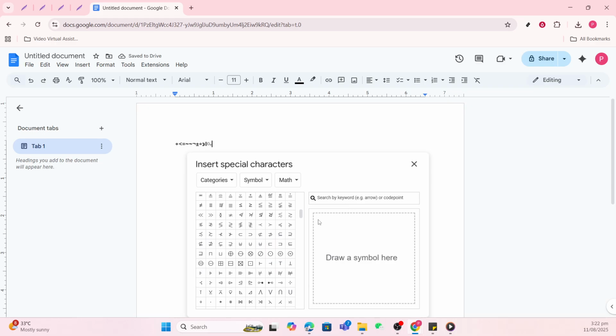With these simple steps, you've learned how to insert and format equations in Google Docs. Practice these techniques to